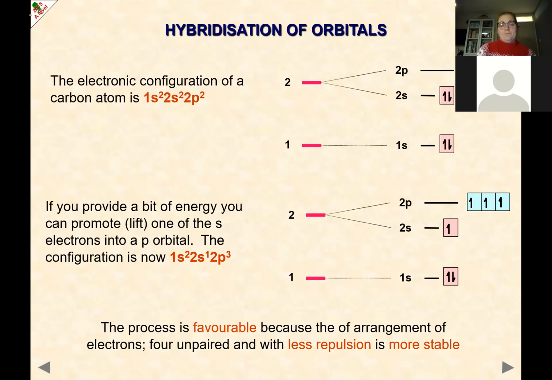let's look at carbon. So we did this ages and ages ago. The electronic configuration of a carbon atom. So if we think back, electronic configuration, we're looking at our electrons and what orbitals they sit in. The electronic configuration of carbon atom is 1s2, which we've got here, 2s2, and then 2p2. Okay, so